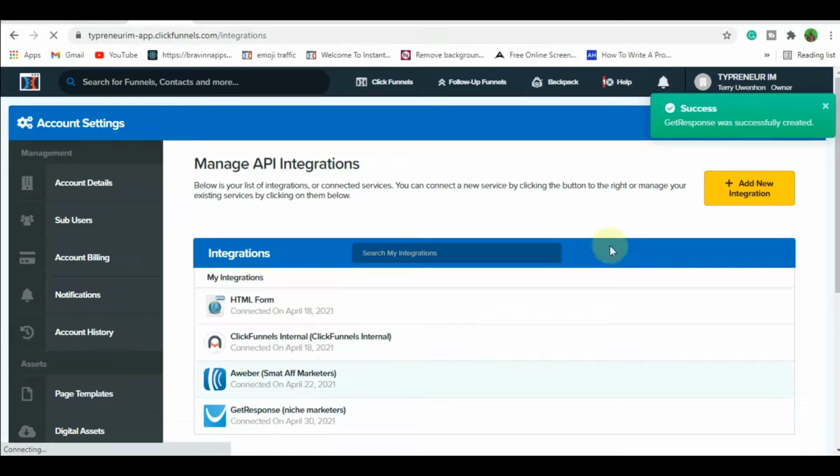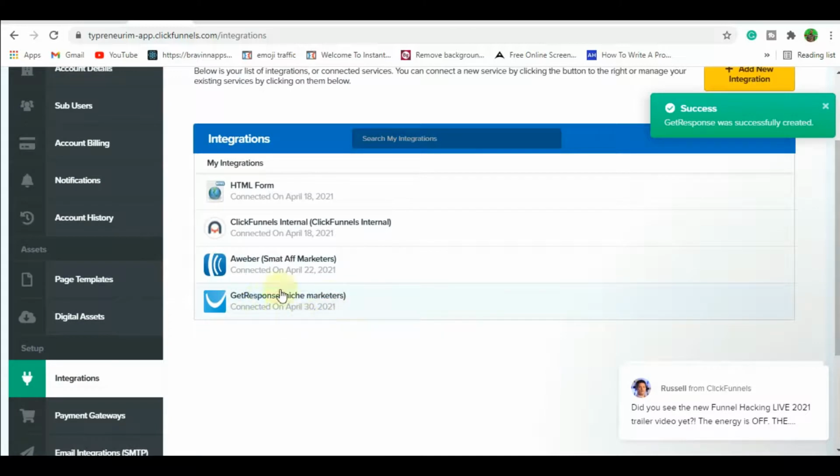And boom, you can see success. GetResponse was successfully created. Now you have GetResponse on your ClickFunnels account. You can see GetResponse, niche marketers, and all of that. We finally connected our GetResponse. Now let me go back to our landing page and our thank you page and integrate this GetResponse to our